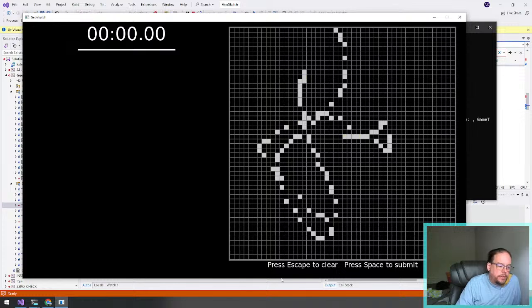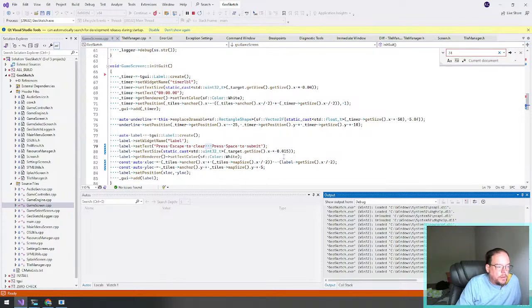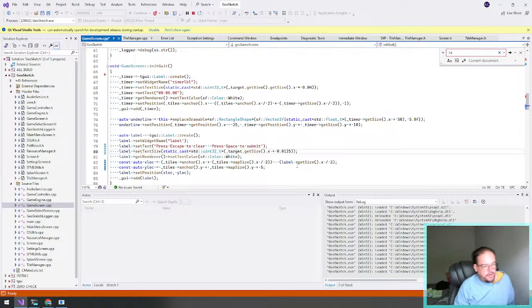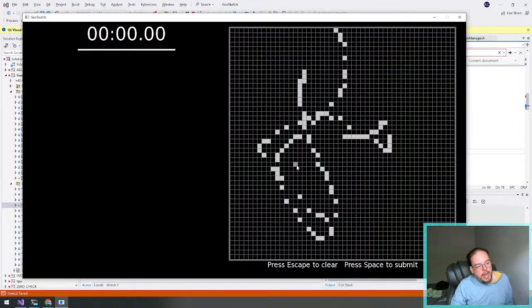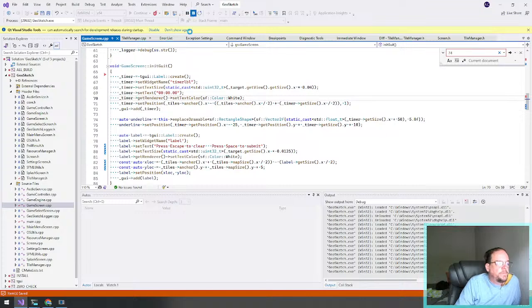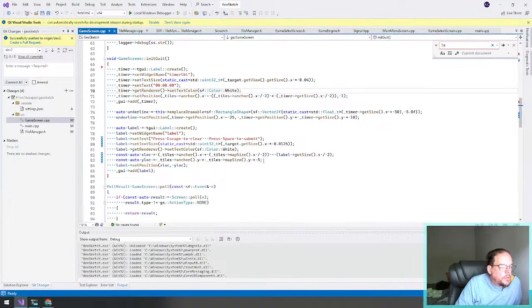Now what we need to do is we have this text size, maybe make it a tad smaller. So let's go to 125, right? And then I want to center it perfectly between this and this. And that should be easy to do. So right now we're just adding 5 to the Y location. What we can do,